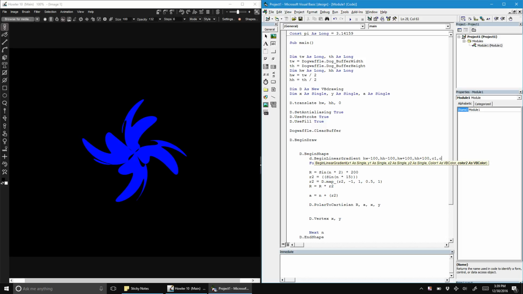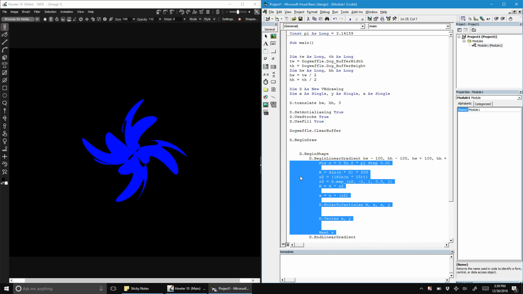Let's go ahead and define what C1 and C2 are, and we're going to end that gradient while we're here. D dot end gradient, linear gradient. All right,